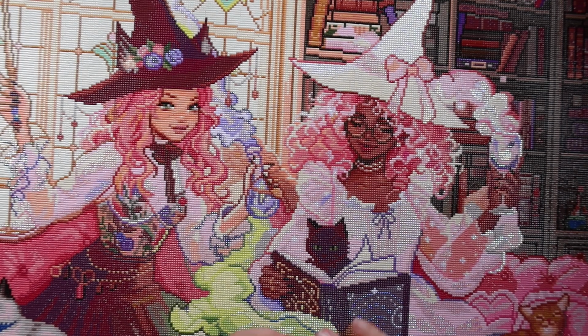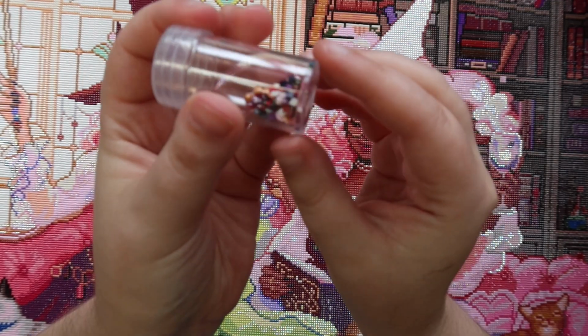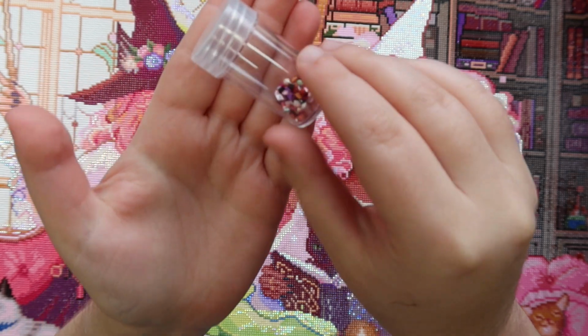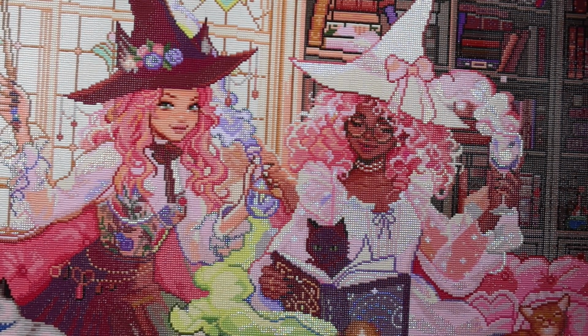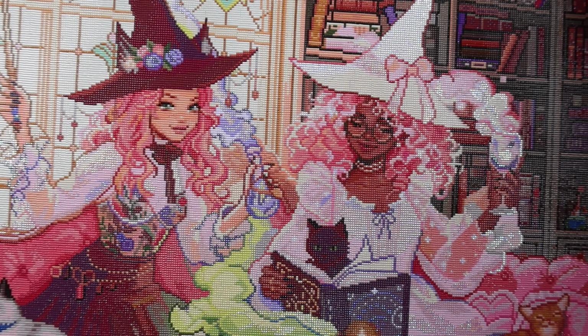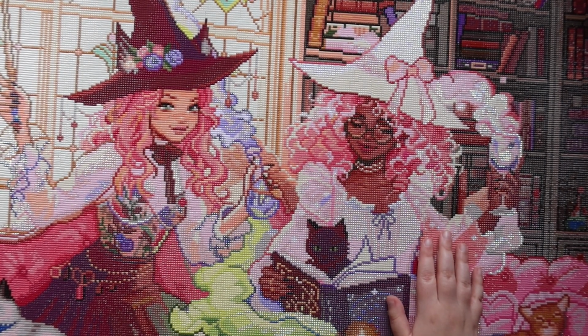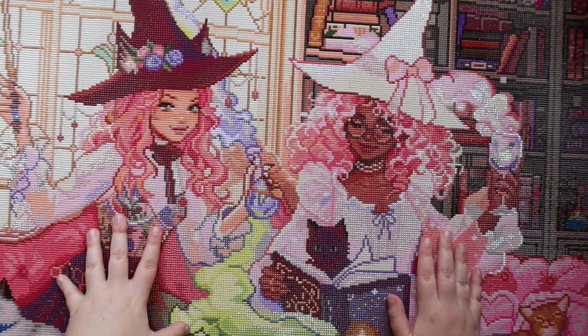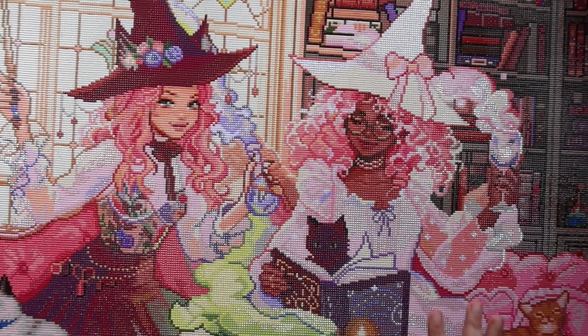As for trash drills, this is the little container I was using for trash drills. And honestly, there really weren't that many trash drills. This is a pretty big canvas and there weren't that many in this little container here. Now, granted, sometimes when it came to trash drills, I saw a piece and sometimes I used it. I don't love to use ones with tabs because that makes the drills not straight,